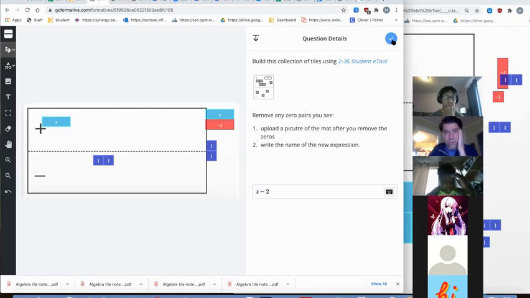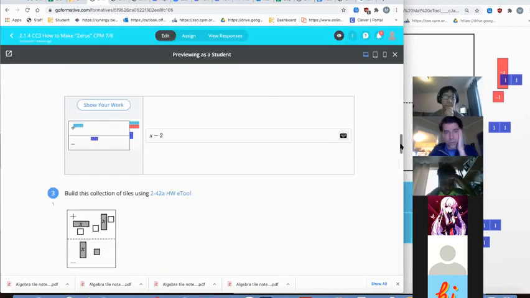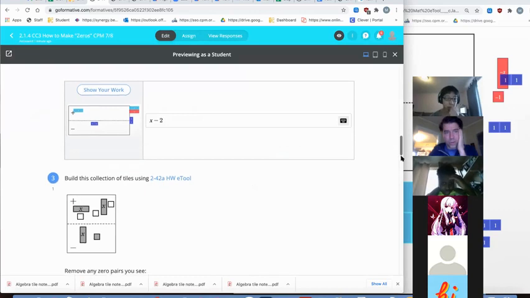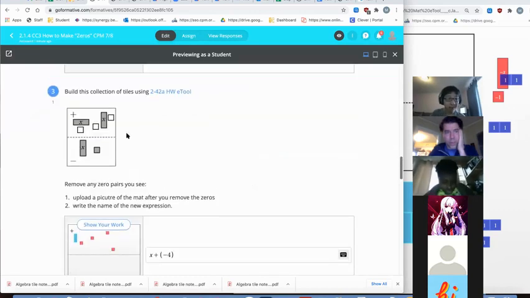Wait, for number 2? For number 2, x plus -2 would have also been correct, yes. So then problem 3, the only 0 pair that I see is this x on the bottom with this x on the top. And so when I cancel those out,